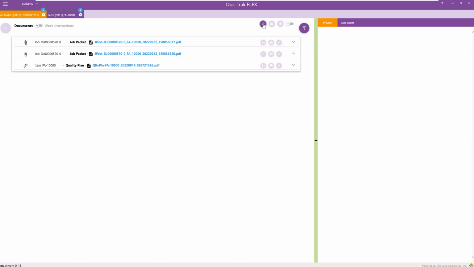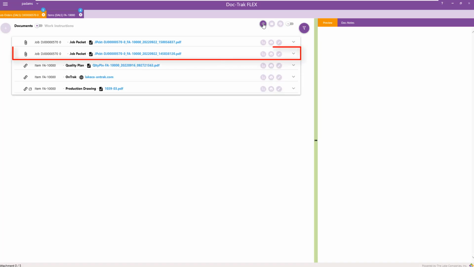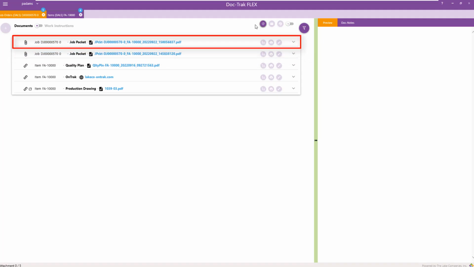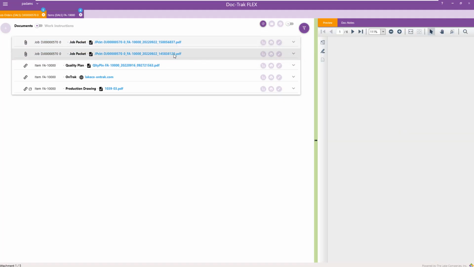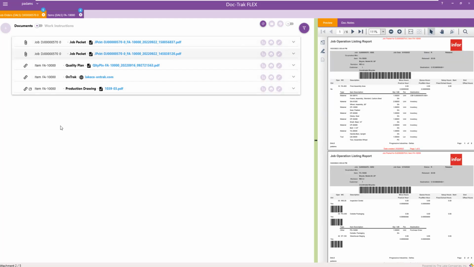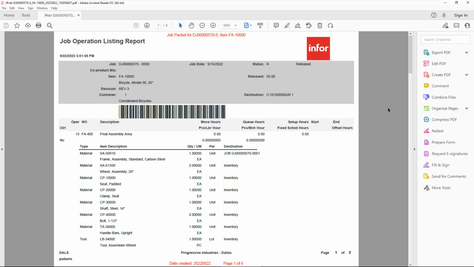But if you do that after implementing DocTrack, you're actually going to be generating another bundled job packet just like this one. The new one will also be saved with a smart path and file name and attached back to the job order. So then you'll have 2 files and 2 attachments of the exact same thing.